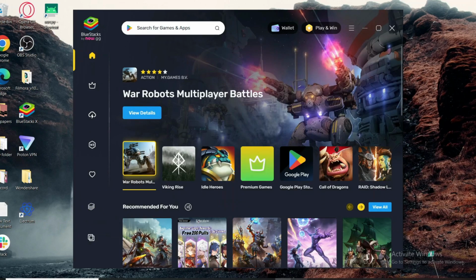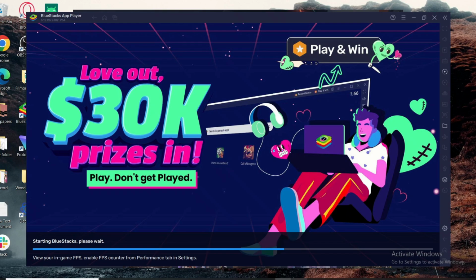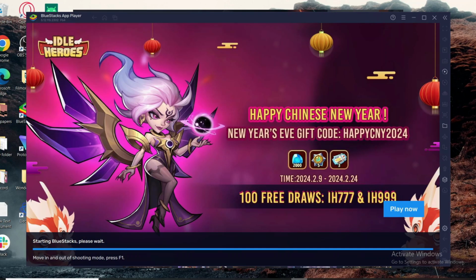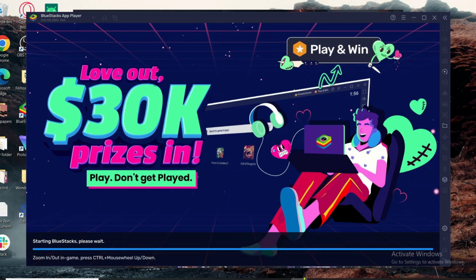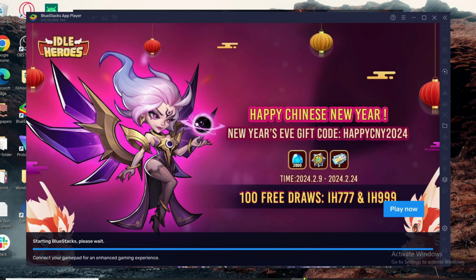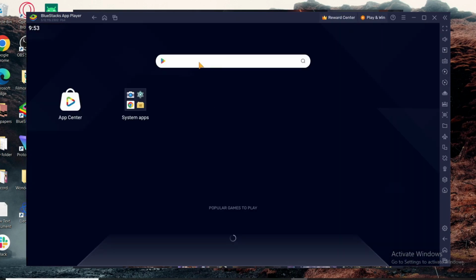In order to go ahead and download the game from your Android emulator, you will also need to log in with your Google account. Make sure you have a Google account and make sure that you remember your credentials for Google account. Simply go ahead and sign in with your Google account's email and then type in your password for your Google account. After you are signed into your account, you can then go to the search box and type